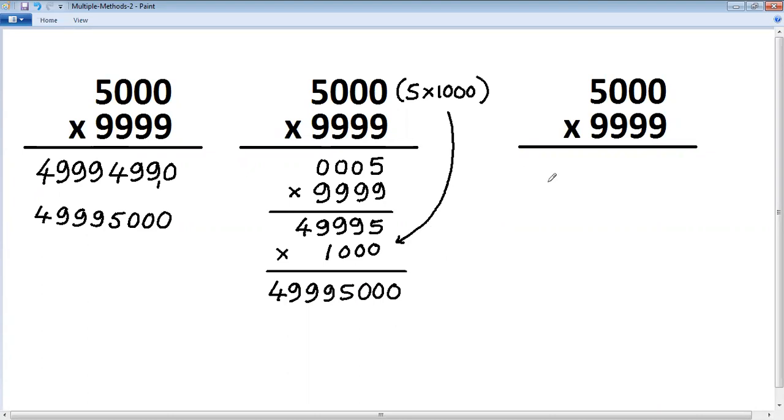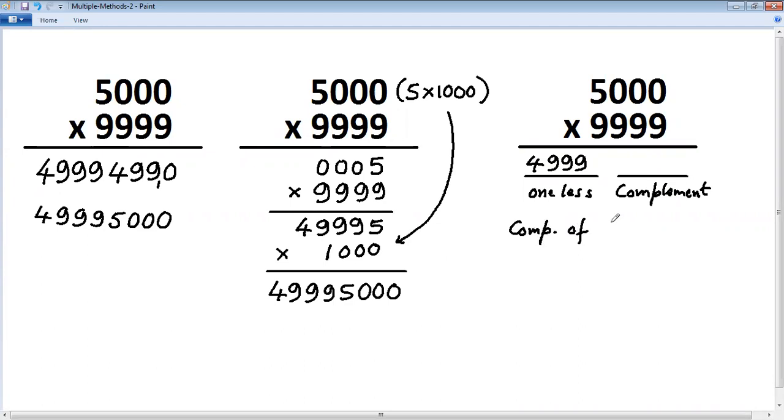The other way of solving by the same series of 9 is, so there are two parts. First part same as we said, 1 less. Same thing as we have done here. And the second part here is just write the complement of that number. So complement of 5000. 1 less is very clear: 4999. And note that an easier method to get the complement of 5000 is